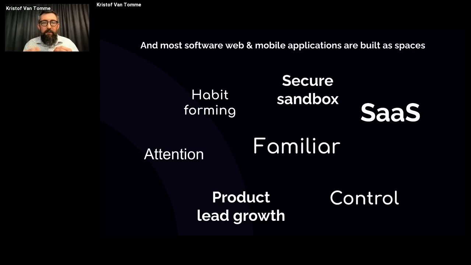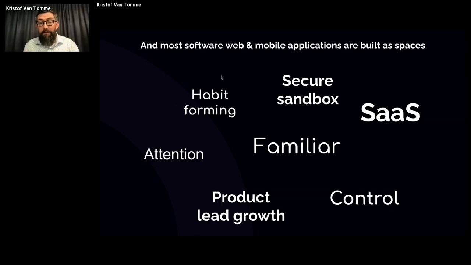Software web and mobile applications are typically built as spaces because there are a couple of really cool things, like the SaaS business model, as already alluded to. Product-led growth is something that is enabled by this form factor.